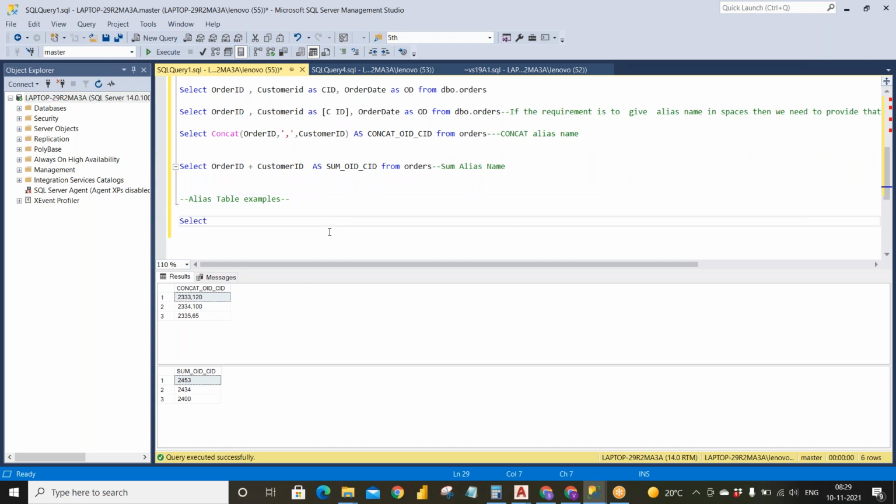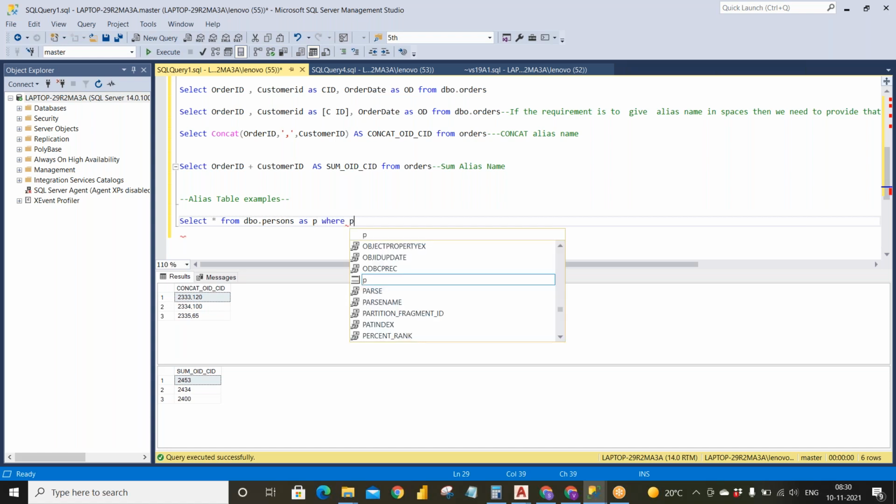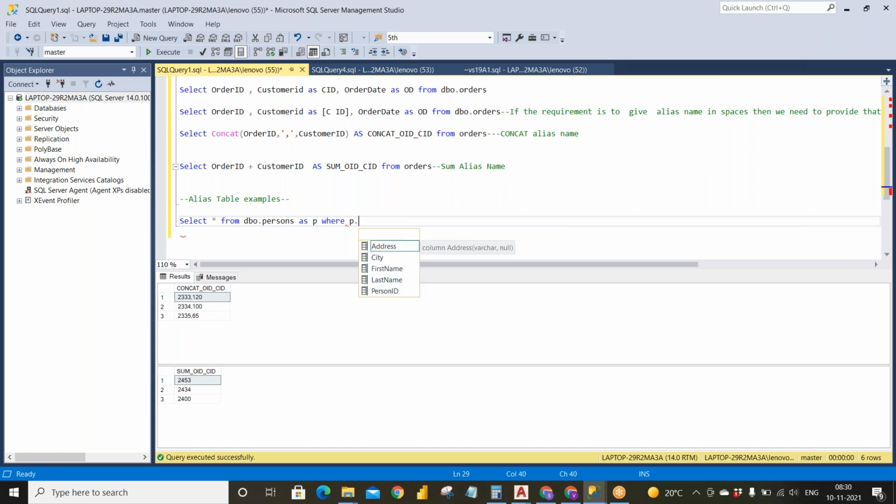Suppose I have something like select star from dbo.persons, and I want to give some name to this particular table, as P. Okay, so if I give a where condition and type P dot, I get all the columns which are available in this persons table.